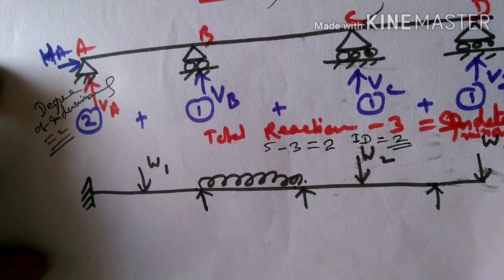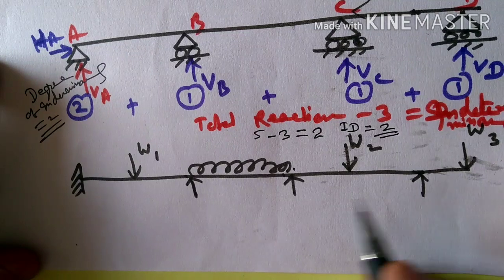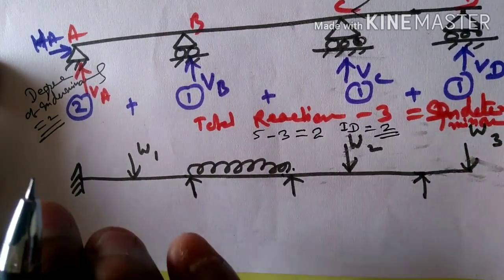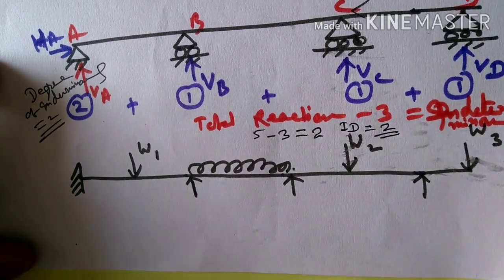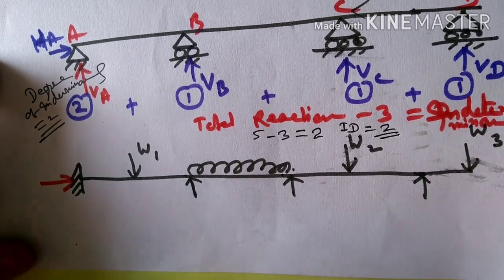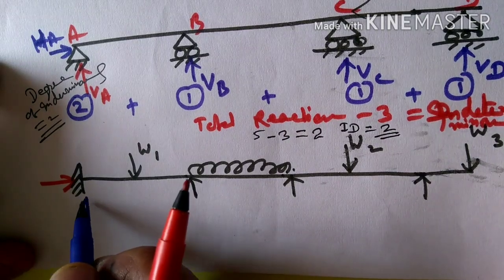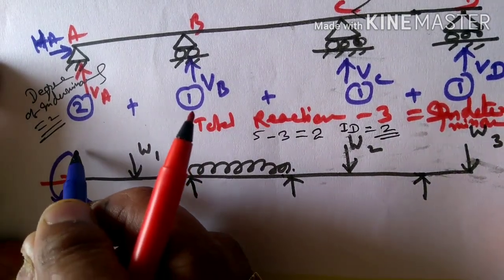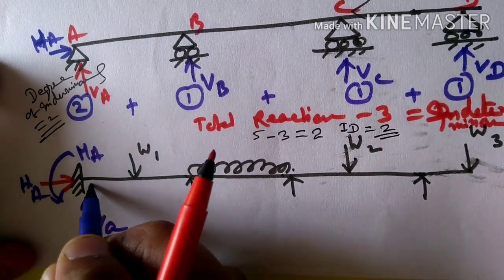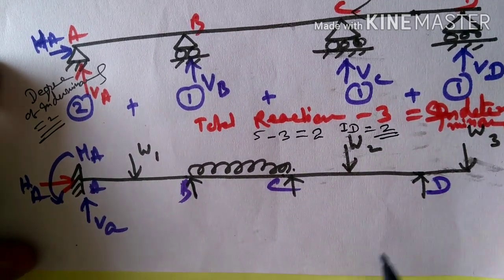And next, please see again, this is the structure, and you have to draw one free body diagram like this, projecting your reactions. I am doing it myself in the questions. So due to this fixed end, there will be 3 reactions: 1 horizontal, 1 vertical, and also a moment. MA, HA, and VA. Just A, B, C, D.